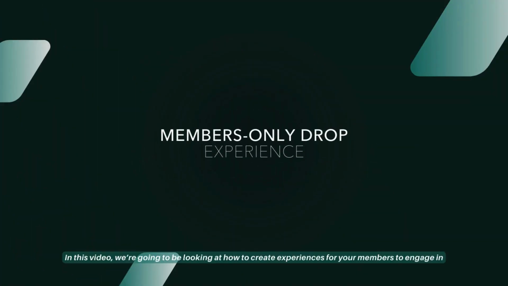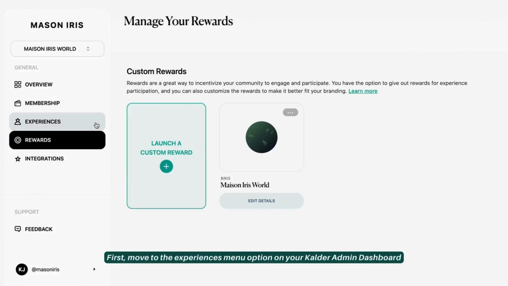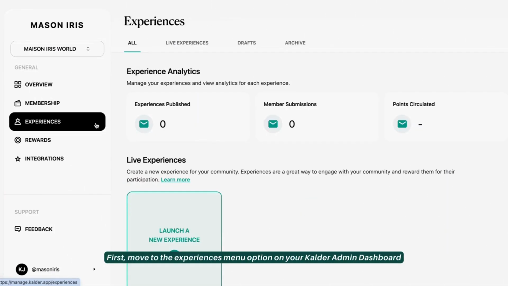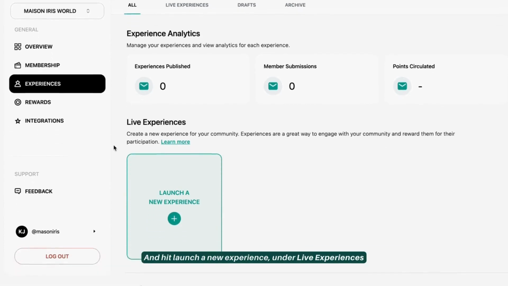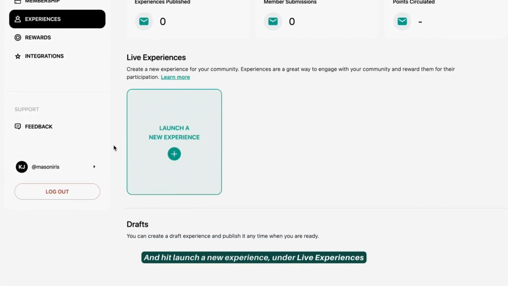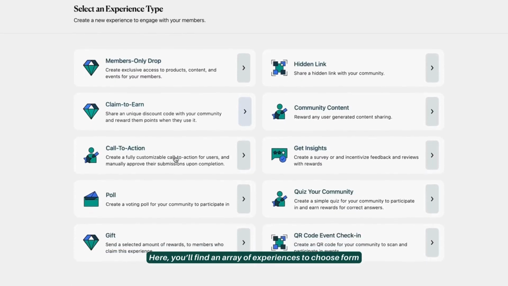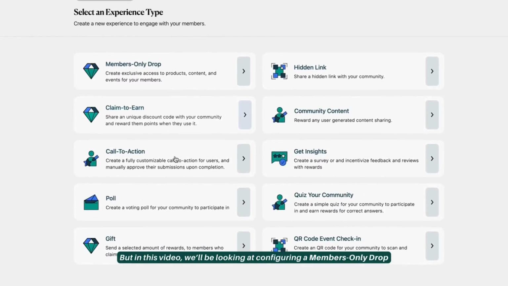In this video, we're going to be looking at how to create experiences for your members to engage in and for them to earn benefits and rewards through these experiences. First, move to the Experiences menu option on your Calder admin dashboard and hit Launch a new experience under Live Experiences. Here, you'll find an array of experiences to choose from, but in this video, we'll be looking at configuring